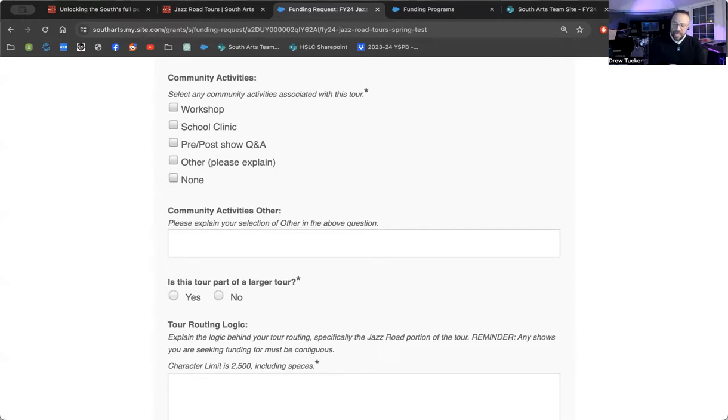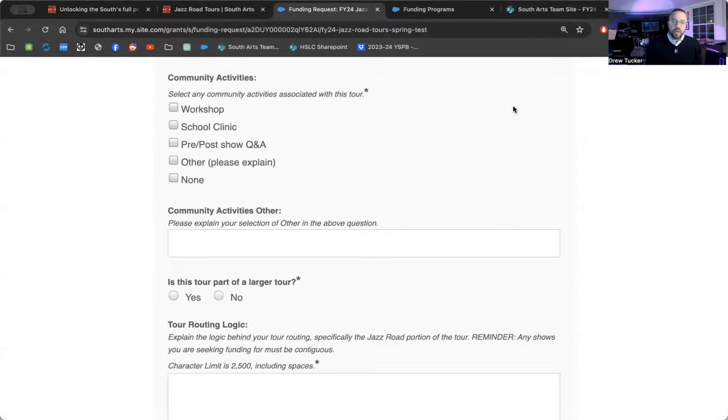But when you do that, and this is really important, do not put that workshop on your budget. Because it's got to be really clear that that's not what we're funding. So if you are asking for XYZ dollars, how you'd like to do that budget internally is really up to you, but we just want to make sure that that workshop is not being overtly funded by Jazz Row Tours. Now, if they're paying you $500 for the workshop, that's great. You can use that